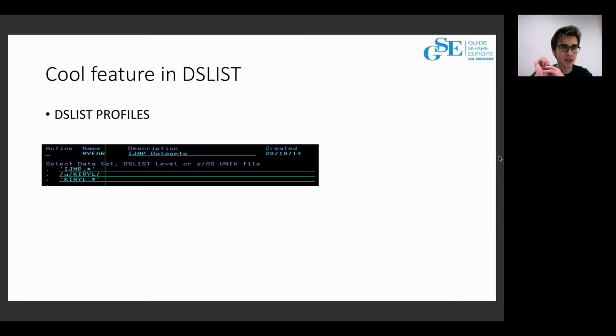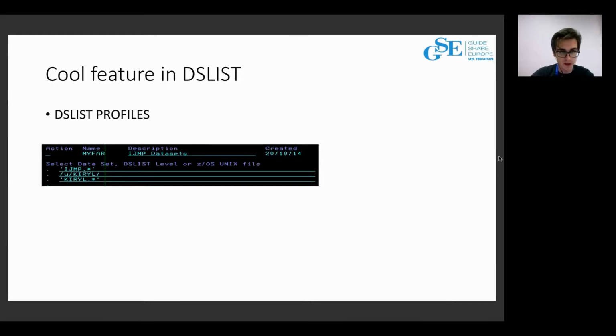Unfortunately, when you're using DSLIST profiles, you have to use the DSLIST utility to view datasets, and you have to use the UDLIST utility to view USS.